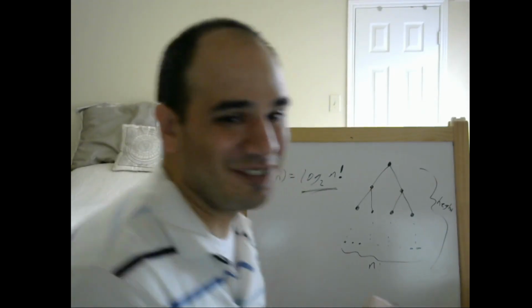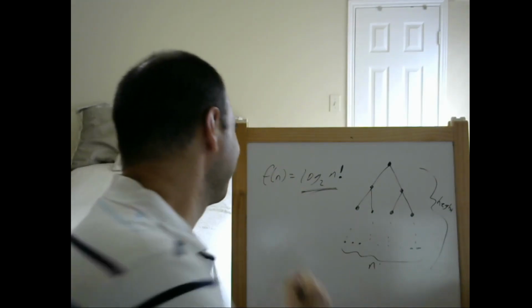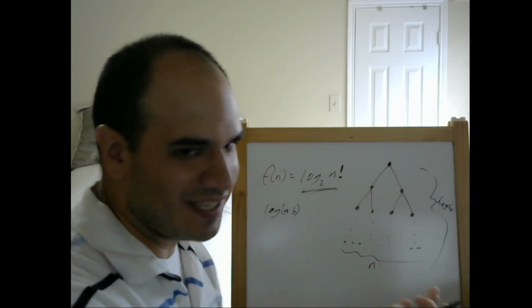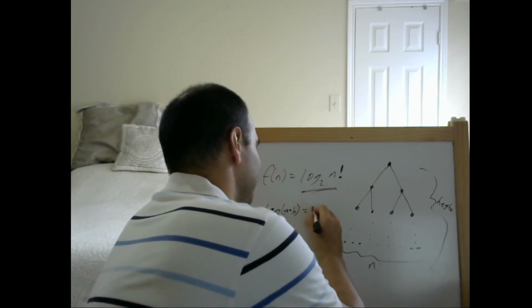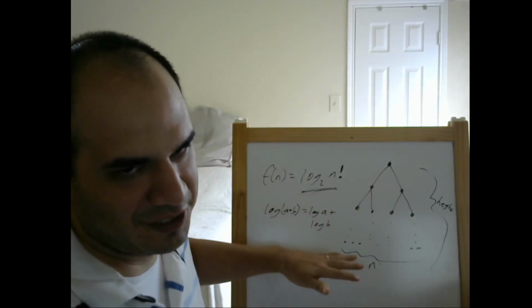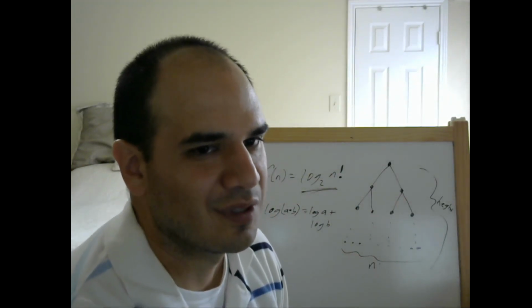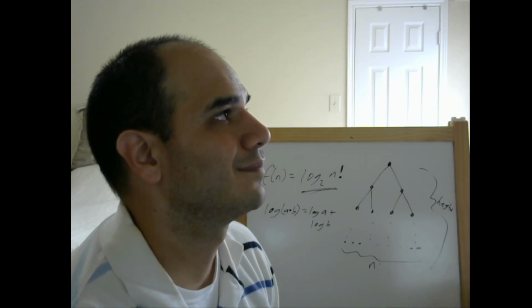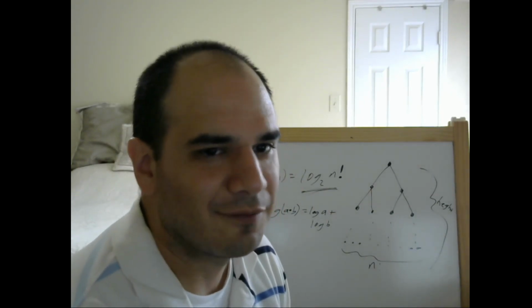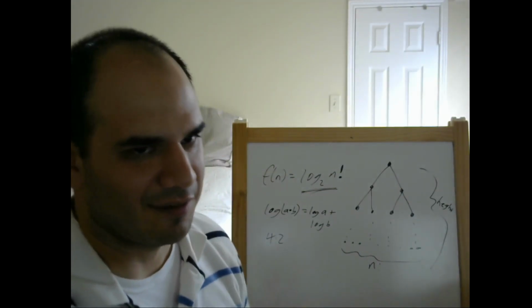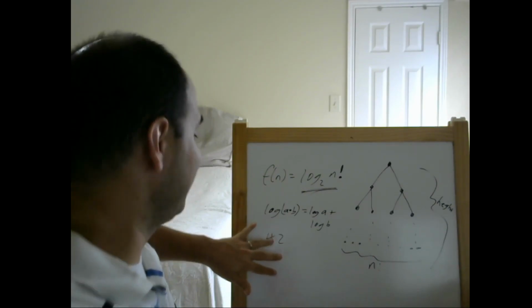Okay, so that sounds like madness. The factorial function isn't terribly friendly. Well, let's review one basic property of logs. So the log of a times b is equal to the log of a plus the log of b. And that makes sense. So if you have 4 times 2, if we want to know what the log of this is,